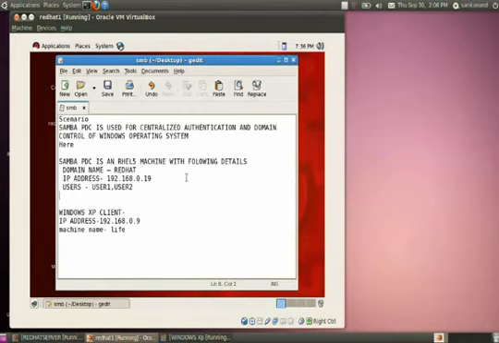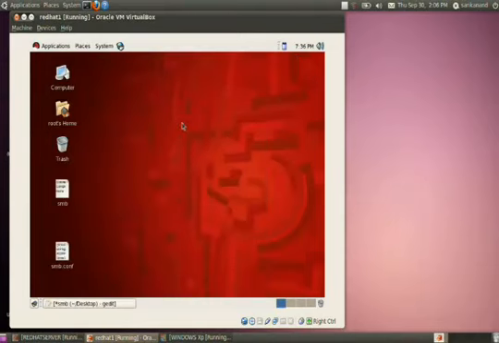Two more pieces of information I will give. My gateway is 192.168.0.254, and the DNS server is 192.168.0.254. So this is the scenario which I am working on. Okay, so first